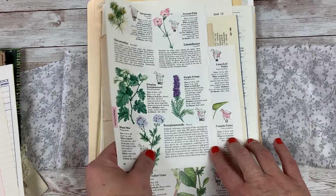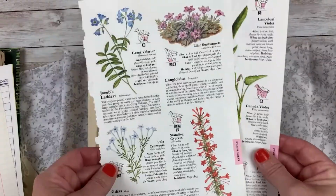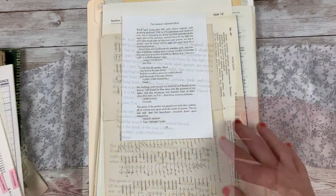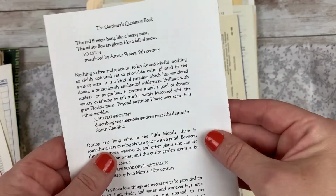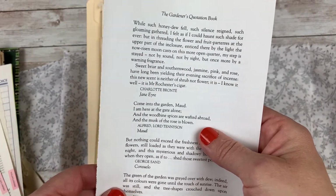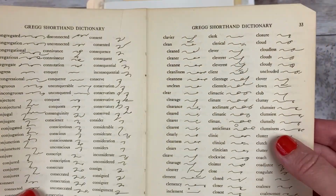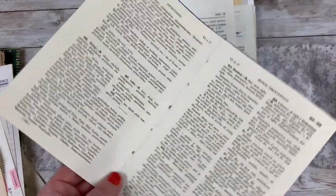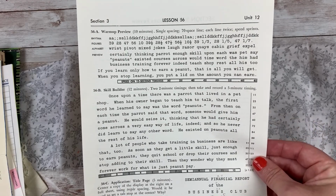And then coming into some book pages, these are some of my favorite nature books. I've shared them before. This comes from the Reader's Digest book of plants and animals. This came out of the Gardener's Quotation book, so it has just a bunch of pretty quotes about gardening in there. This is out of a vintage book of shorthand. This came out of an old vintage thesaurus, an old typewriter lesson book page. This was out of a Victorian